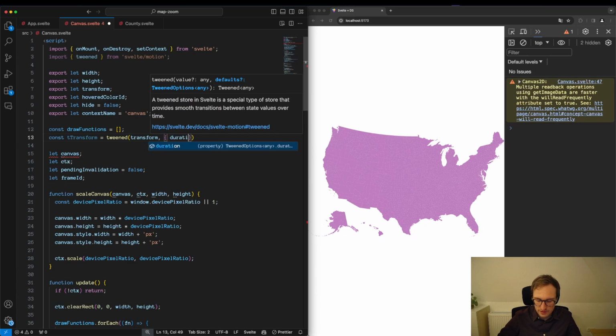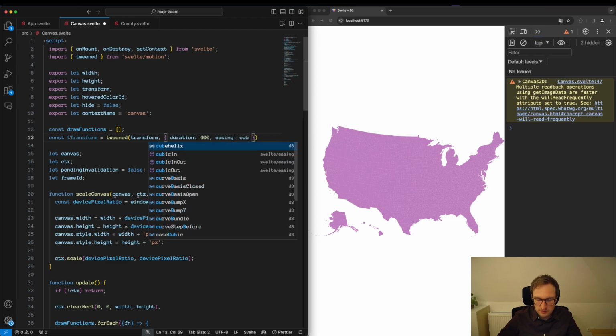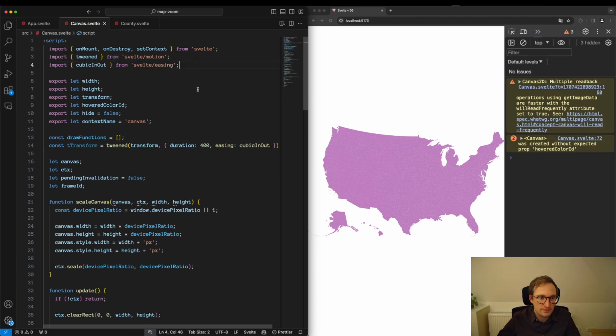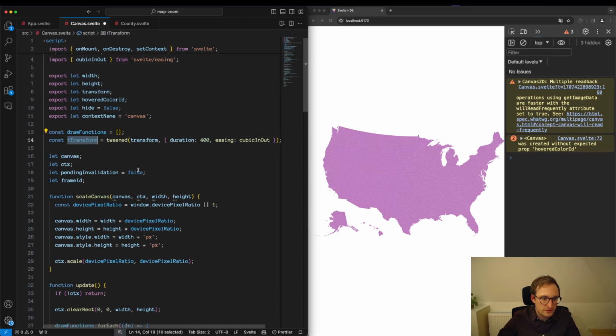And then we say, hey, let's use a duration of 400 milliseconds again. And maybe let's just also use an easing, maybe a cubic in out, which is imported from Svelte easing. And then we can say, well, the tTransform